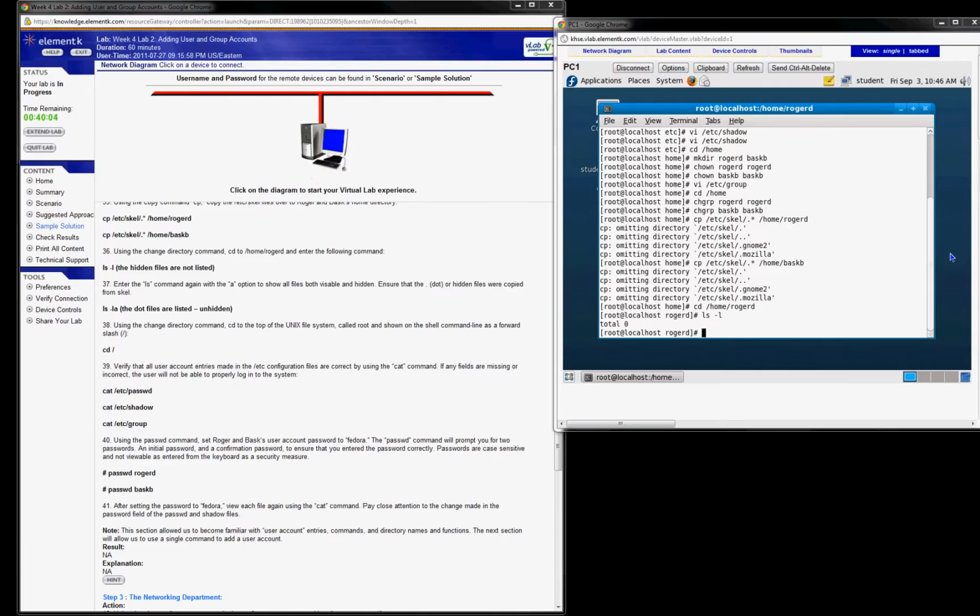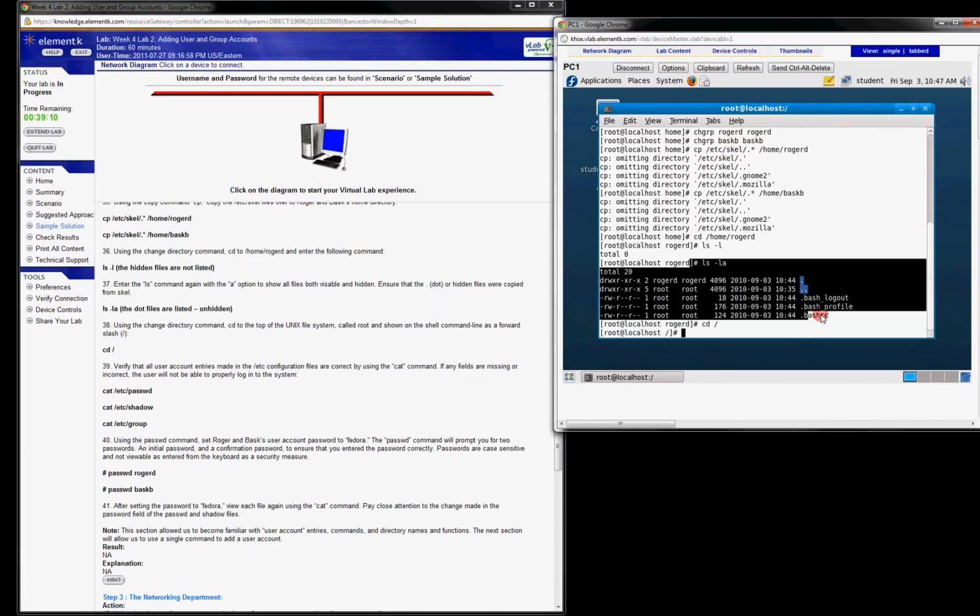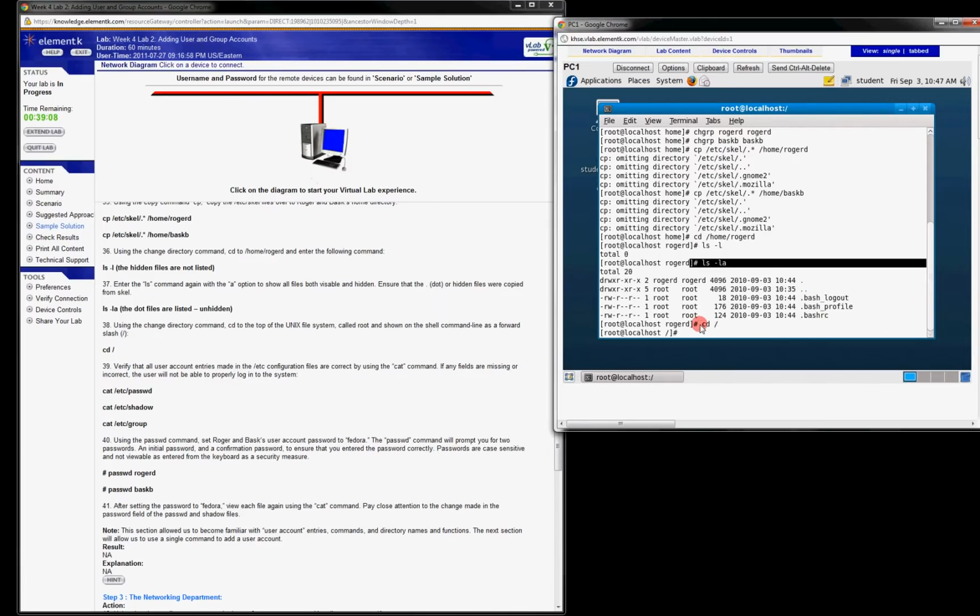show your hidden files. So I'm guessing the next step is we're going to show the hidden files. So give me just a second. Okay, just as I assumed, we used the -a for all, and it listed out all the hidden files that are in there. Then we had to change back to the root, and now we're sitting at the root,